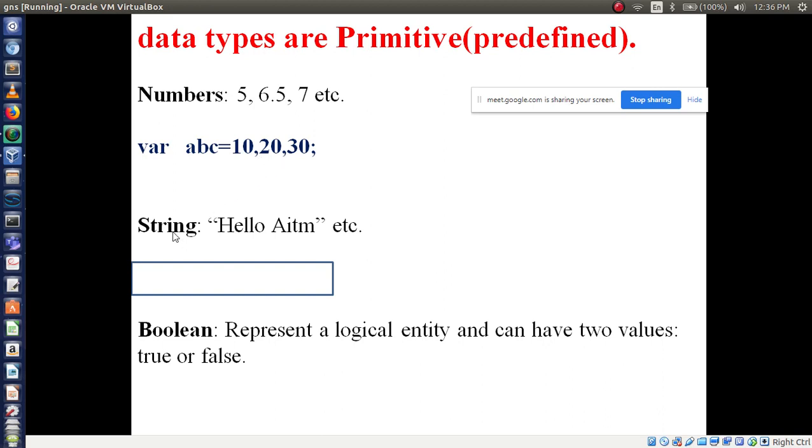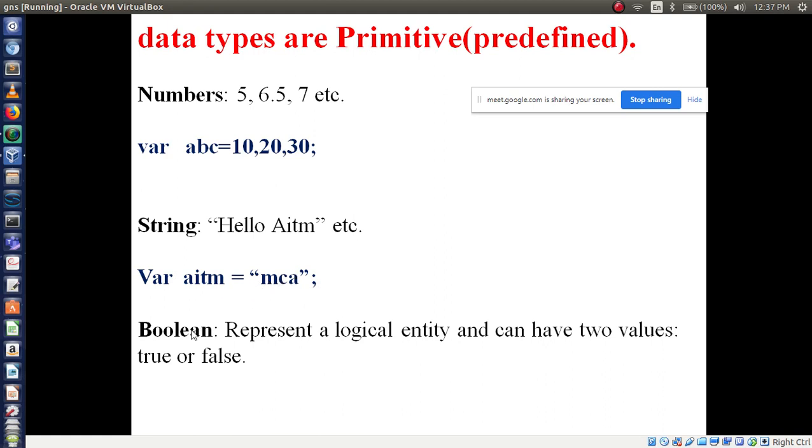And another one is string. In a string we can insert a number of characters. Hello AITM, right? Here I can also define a string variable AITM, preceded by var, and assign MCA. And here also you can assign the numbers. Variable AITM is equal to 10 or 20 or 30, like that.